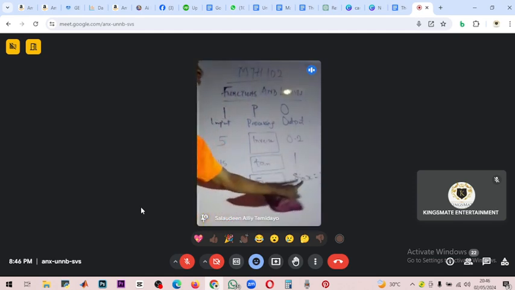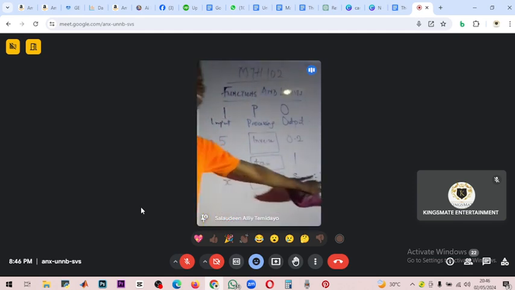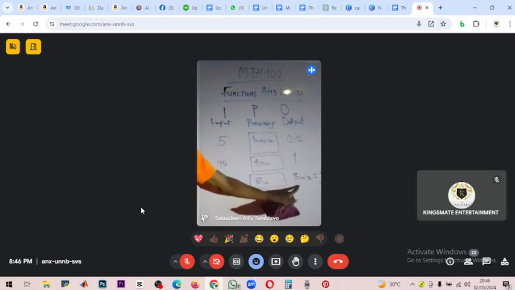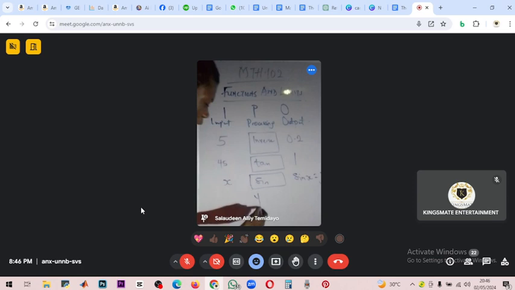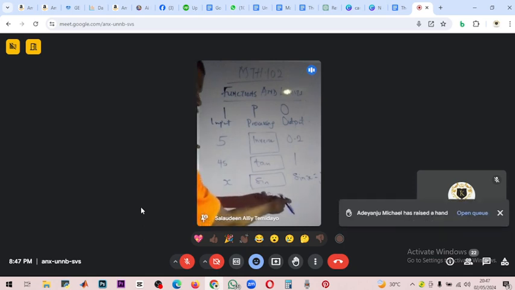I can call y the function of x. I can say y is a function of x. That is where we are driving to. Y equals sine x. Therefore, y is a quantity that is depending on x. Therefore, y is a function of x.